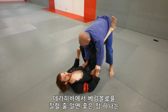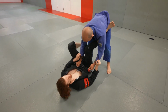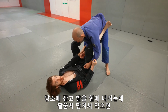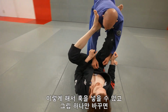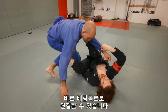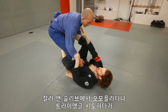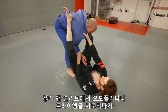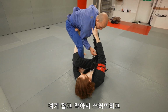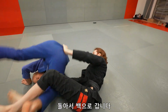So one really cool thing once you're good at hitting it from the De La Riva is it's so easy to transition to that from other guards. If I have double sleeve here and I'm trying to get a foot on the hip and he pulls his elbow tight, go around that side. As I try to go here, I can set the hook and I'm just one grip change away from doing the bolo with the sleeve, for example. Go up. If I'm playing collar sleeve, I could be here like this, attacking omoplatas and triangles, collar sleeve. I set the hook, I'm one grip change away, grabbing here, blocking, and creating the off balance, coming through and